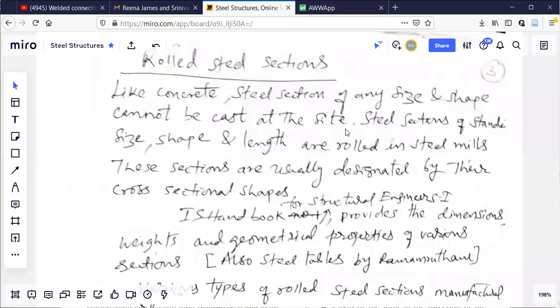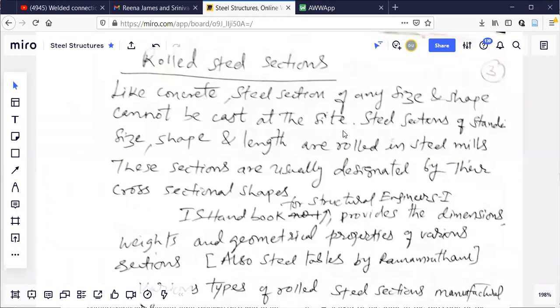See, if I go to the site and some concrete building is to be constructed, at the site only I can adjust the dimensions. Since the beam is cast at the site, for example, 230 millimeter width by 500 depth, the engineer has the facility to create beams of whatever dimensions he chooses.